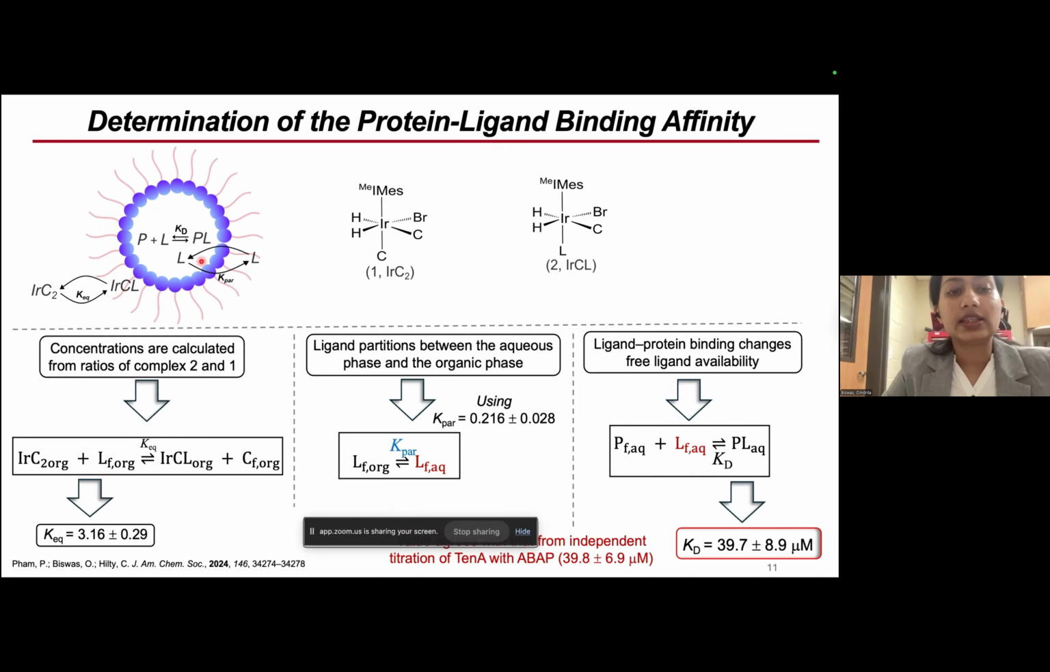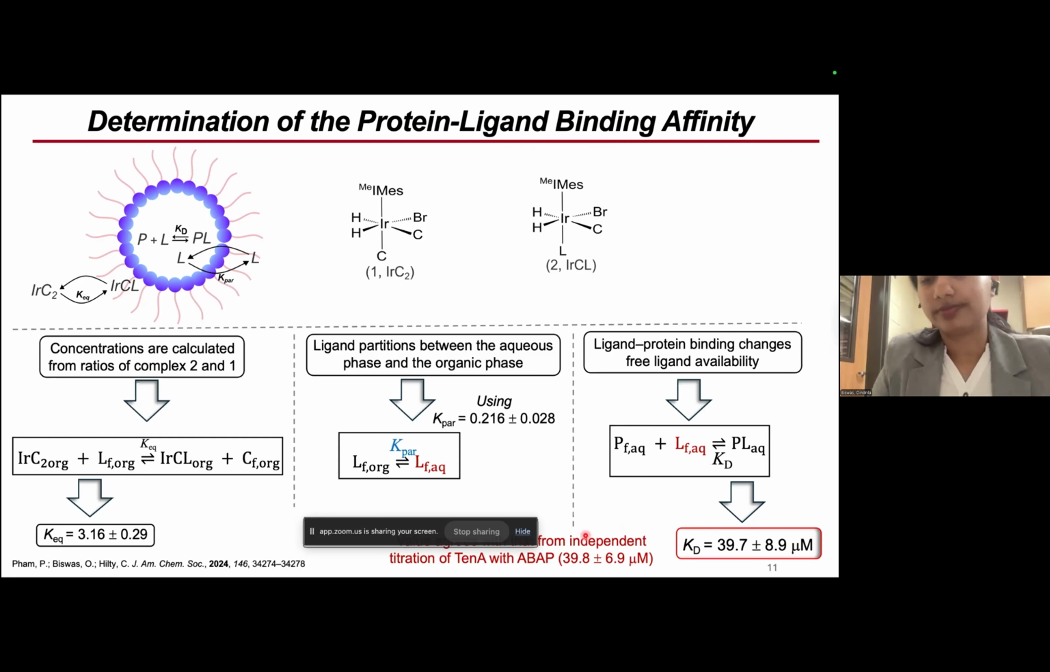Now the ligand is partitioning between the aqueous phase and the organic phase, and from this equilibrium we can know the free ligand concentration in the aqueous solution. Also, the ligand is reversibly binding with the protein in the aqueous phase, and we know the free ligand concentration in the aqueous solution. So from here we can determine the protein-ligand dissociation constant. Also, this value agrees very well with the dissociation constant which we have determined independently with the help of